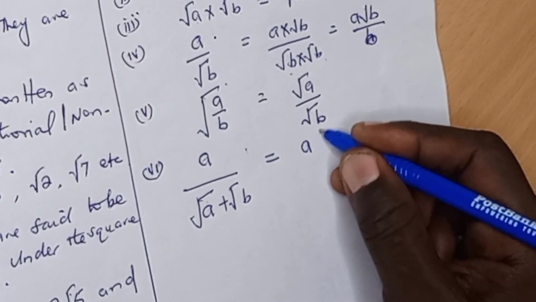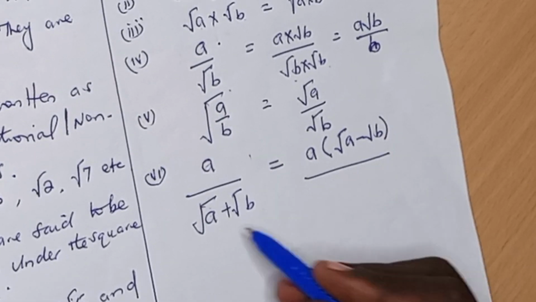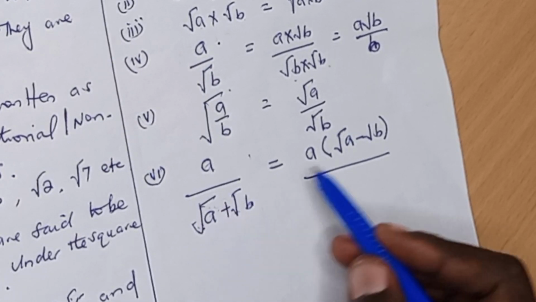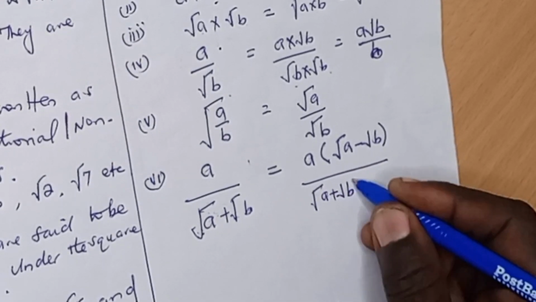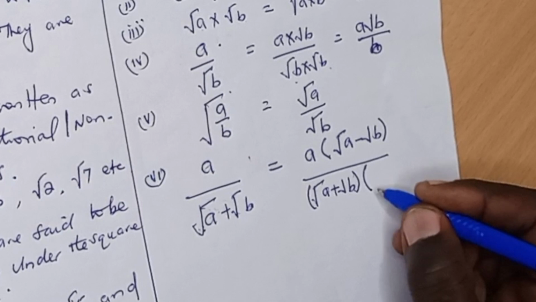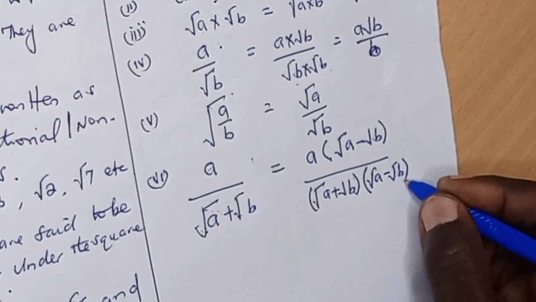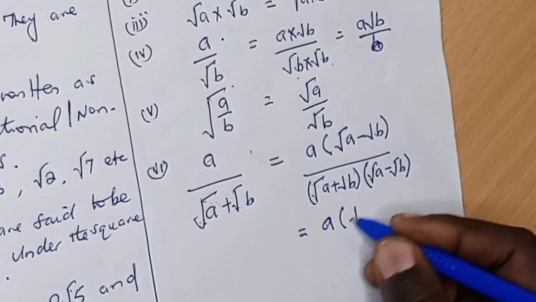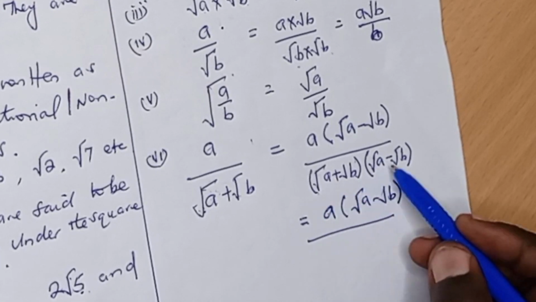This will be A into root of A minus root of B. Of course, if in between the two roots here the sign is positive, then the conjugate will bear an opposite sign. Now this will be over root of A plus root of B. I multiply the numerator and the denominator by the conjugate, root of A minus root of B. And this is going to give us A into root of A minus root of B over, of course, when you simplify this, you realize that this is